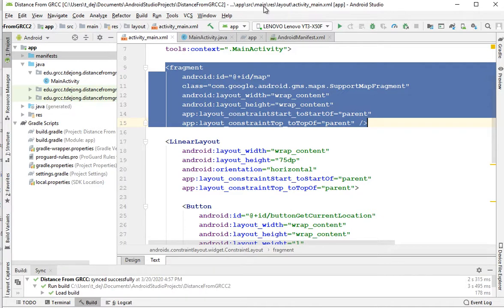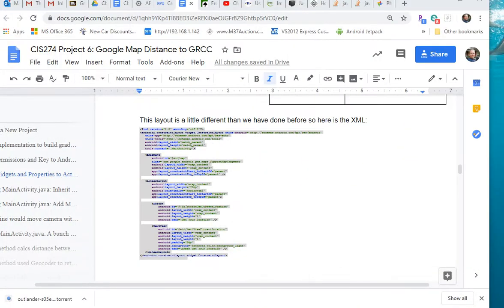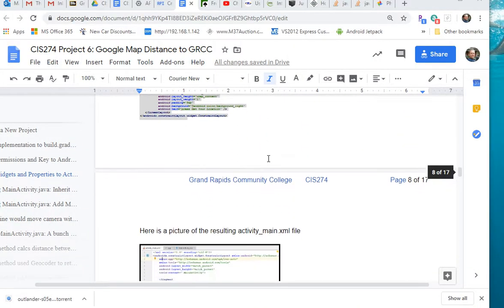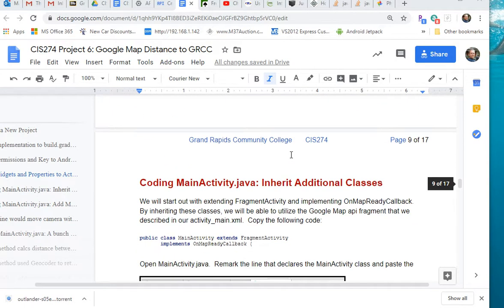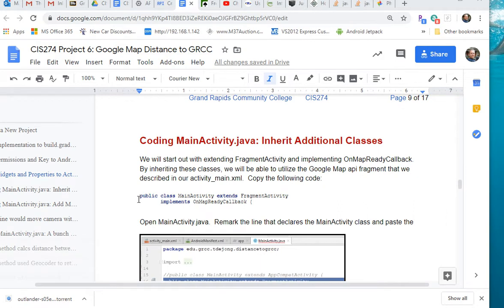So anyway, I kind of gave you that. Hopefully that'll help you develop your own ability to design your activity layouts. The next thing we want to do right here,